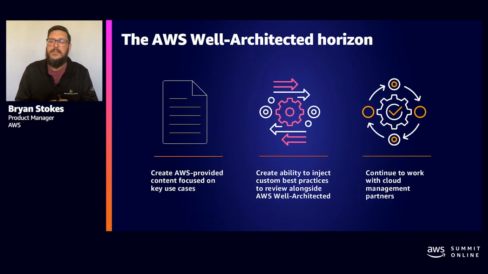Customers have provided me with a ton of amazing and actionable feedback on what they need to fully embrace well-architected. I have a number of conversations start with, we want to roll well-architected out widely. We see the value, but we have best practices of our own we want to review alongside well-architected. How do we customize this full view of best practices and incorporate it all and make it tailored to the way we do business? We need industry best practices to make this more actionable for our business.